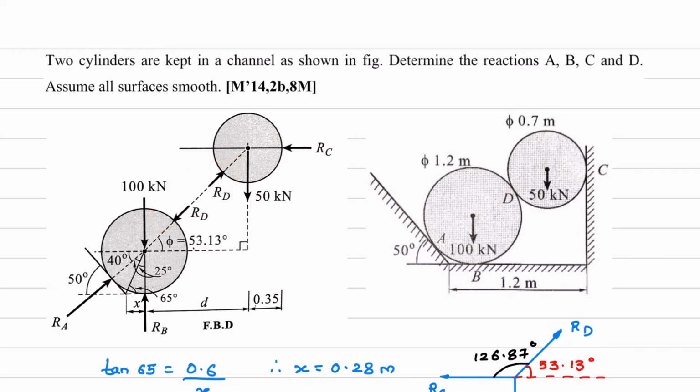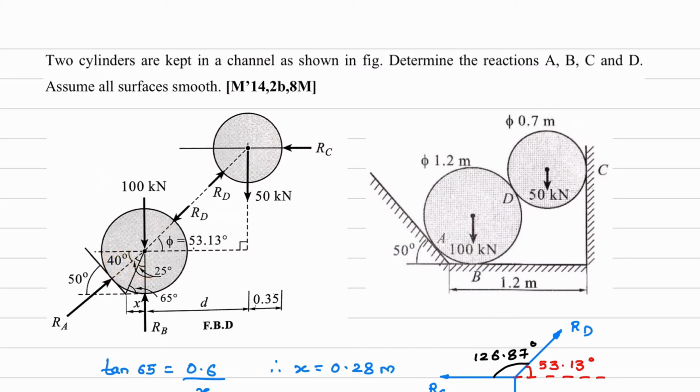Okay, then we calculated this angle RD. How we calculated this? First, this is the tangent. Okay, so this point with respect to center, this will be angle bisector. Now this angle is 50. So from geometry, since this arrow is perpendicular to this line, and for this horizontal, this is perpendicular. So this angle will also be 50, and this is bisecting the angle, so this will be 25, 25. Okay, so this is 50 and total is 90, so this will be 40.